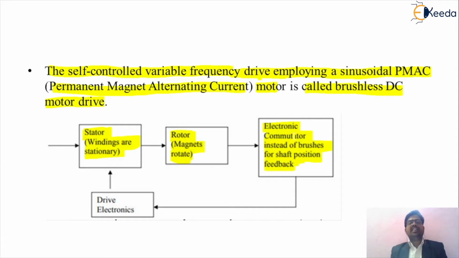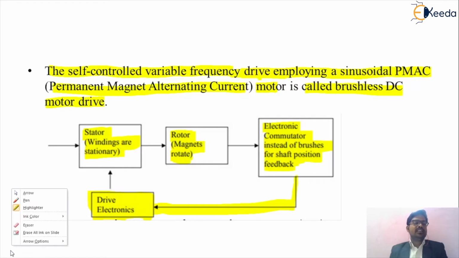In concern with that, we are using different types of Hall effect sensors, with which we can control the drive operation. According to that drive operation, we are giving different reference signals to the phases of your stator winding. So this is called the drive electronics. Depending upon the requirement of the position, we can give input to your stator winding, and now we can give the supply to that particular stator winding according to the requirement.